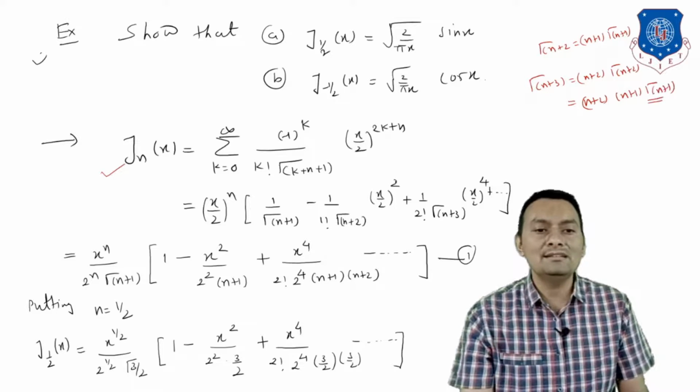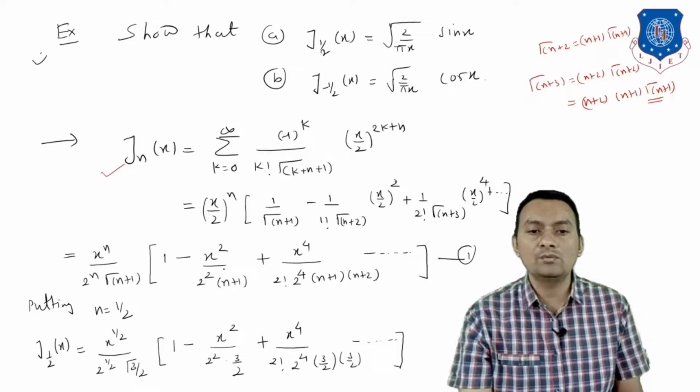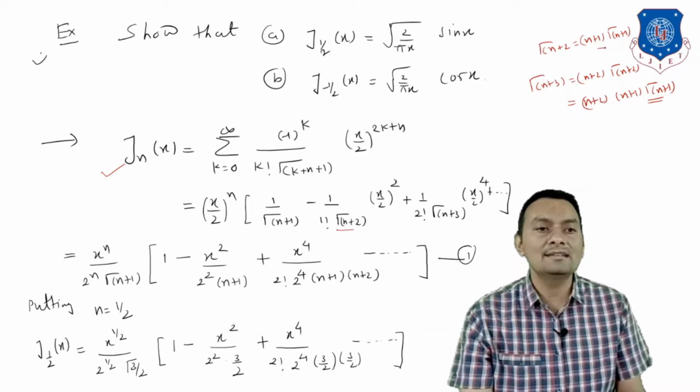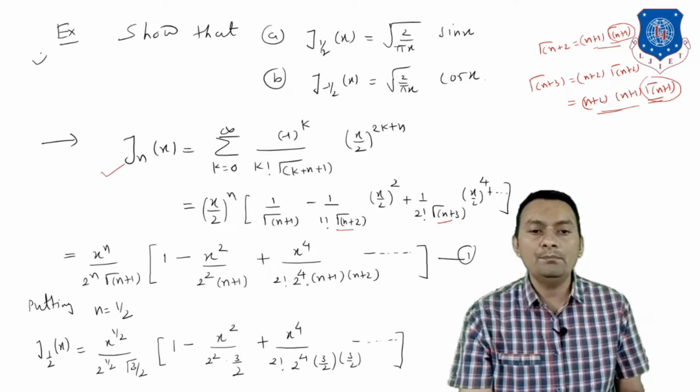So using this result, you can take from each and every term gamma n plus 1 as common. So you will have this is the 1 first, minus 1 divided by, this is the 2 square is there, x square is there, and gamma n plus 2 can be written like that, but this as a common, so we will have n plus 1. X raised to 4 divided by 2 raised to 4 into 2 factorial is there, gamma n plus 3 can be written as this one, and we can take this one common, so we will have n plus 1 into n plus 2 minus n square.